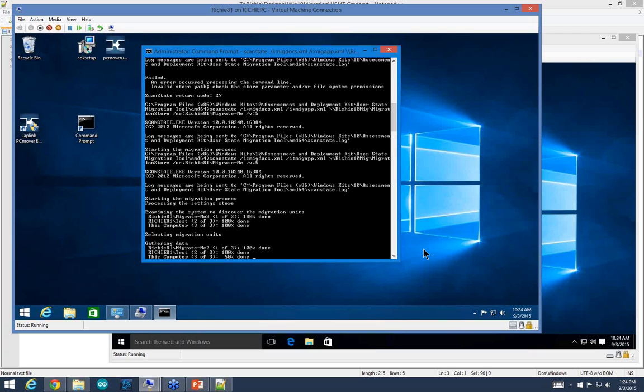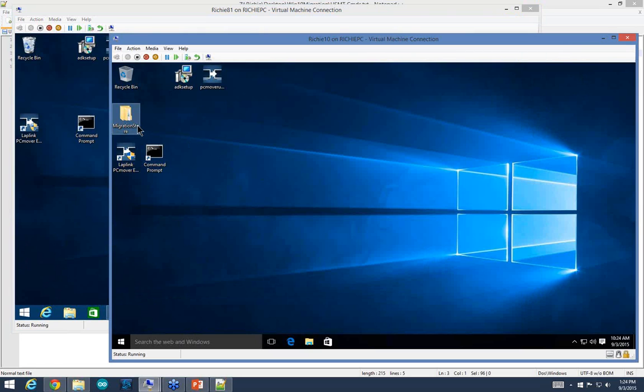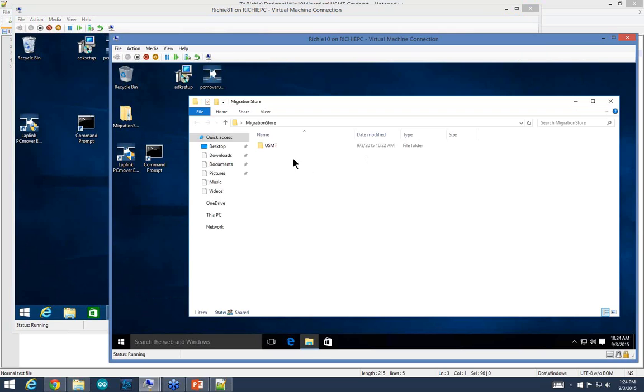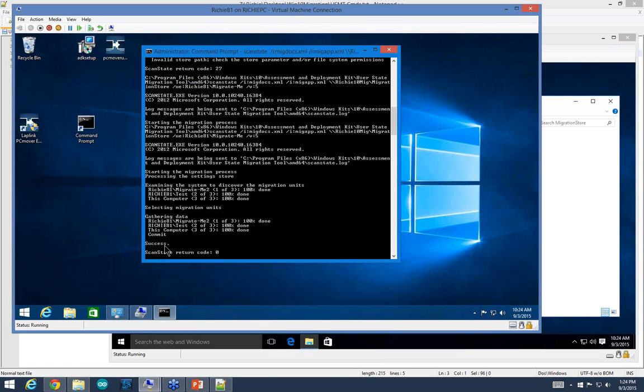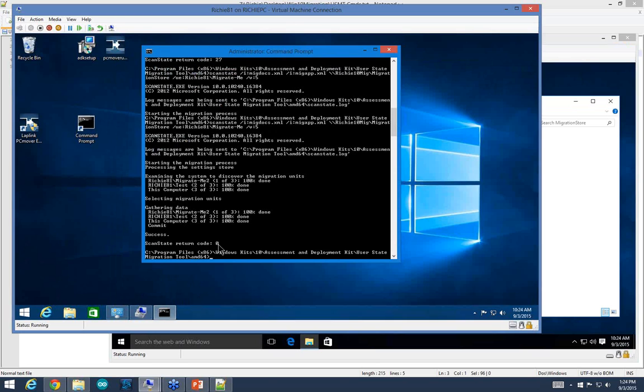And again, it's a great platform, a great tool. Now that everything is booted appropriately, mine is running just fine. It finally connected to that Windows 10 machine and is pushing that migration data into it. As a matter of fact, if you take a look at that Windows 10 machine, my migration store, the little icon even indicates we're getting stuff. Stuff is actually coming in now. So if I take a look inside of that, I'm getting some folder content. The User State Migration Tool is pushing migration stuff from Windows 8 into this machine. Once it's finished, I get a success, scan state returned a code of 0,